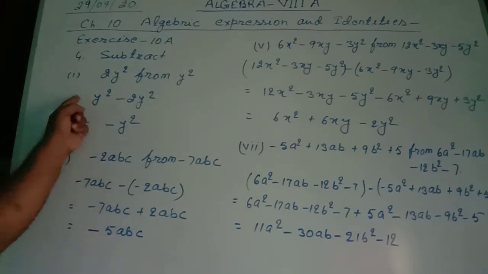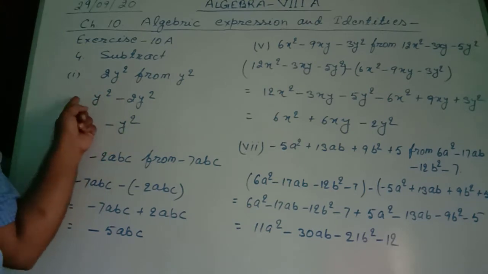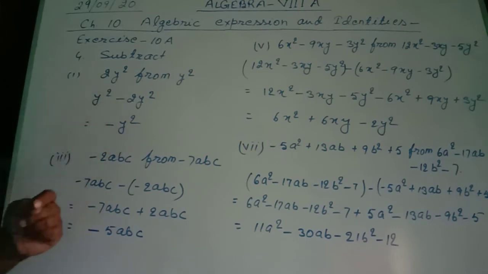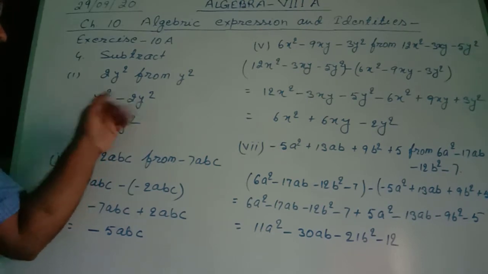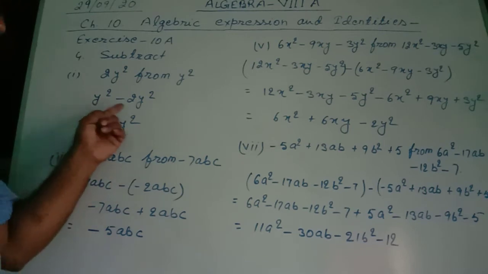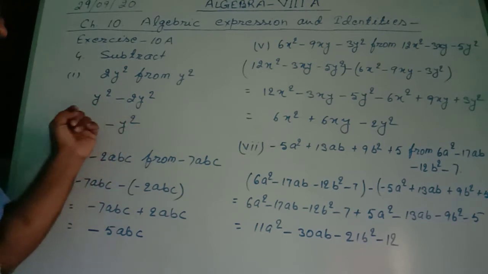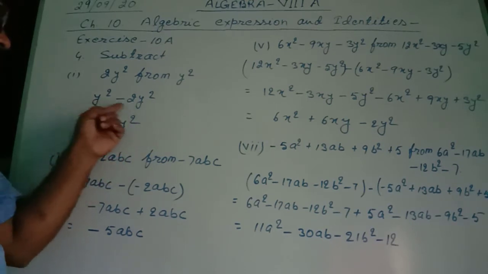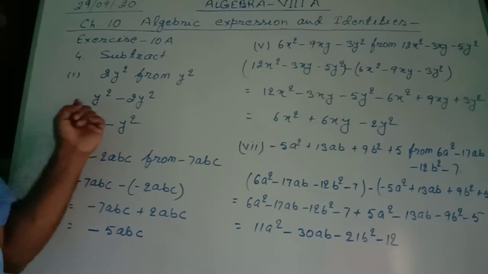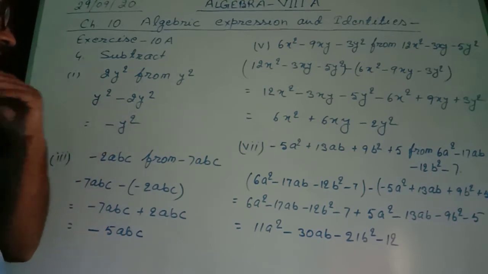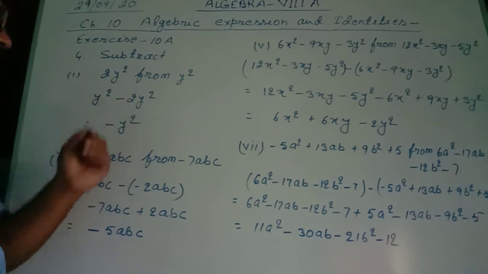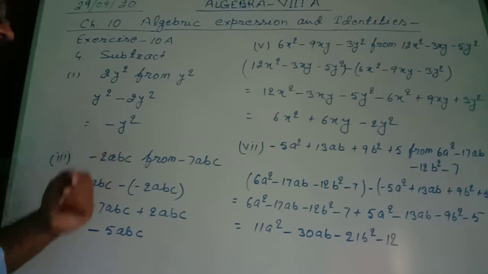Now see, this plus and minus, y square has plus and 2y square has minus. Plus minus minus. It means we will subtract these two. We will subtract smaller from greater. 2y square minus y square became y square. Now, between these two we will compare which term is greater. We see 2y square is greater and it has minus sign, so minus will come here.